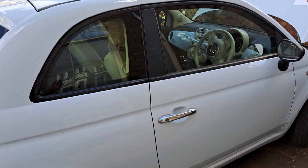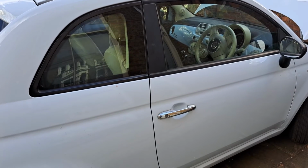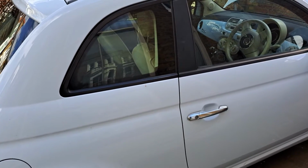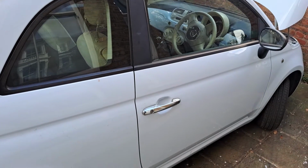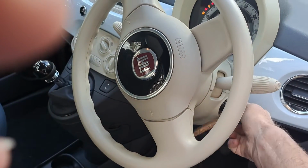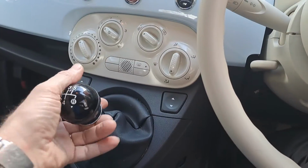Right, if your reversing light doesn't work, which is obviously required for MOTs or doing a driving test, the most obvious cause is the bulb. So anyway, to test the reversing light, you turn on the ignition all the way. You don't have to start it, and then you put it into reverse,